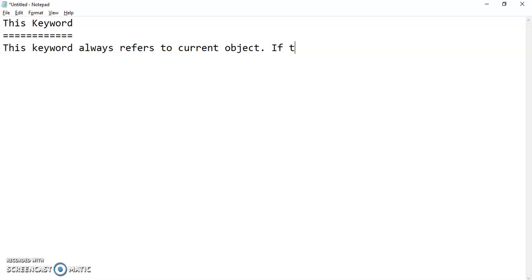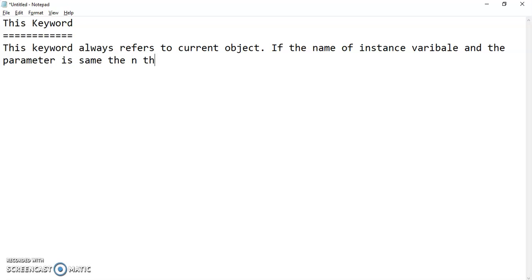If the name of an instance variable and the parameter is the same, then this keyword is used to avoid ambiguity. So we will see by an example.